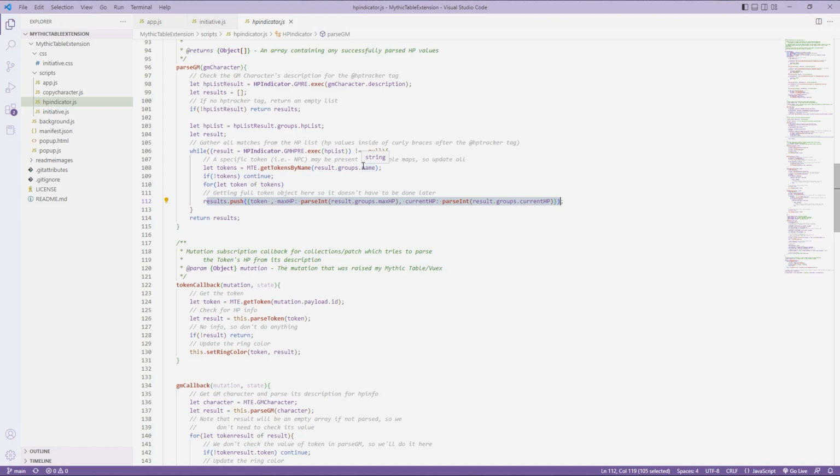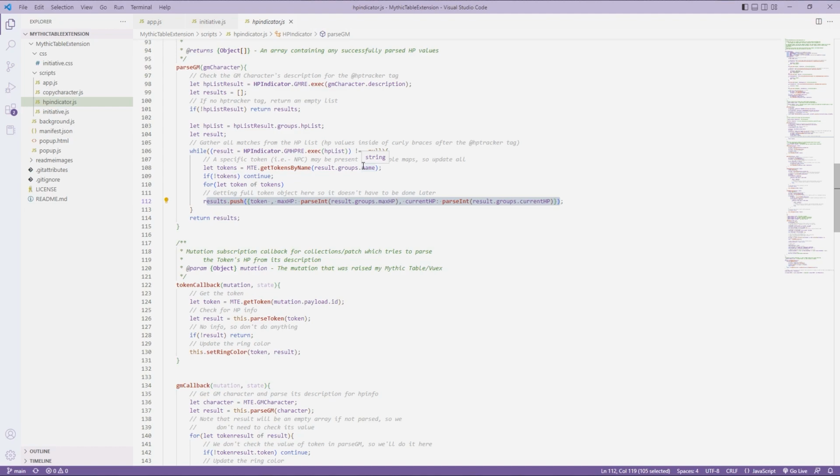And so NPC Jim is on map number 1. He's on map number 2, he's on map number 3, but I always manage his HP from the GM character, right, on the sidebar. Well, if I always manage his HP from the sidebar, that means I'm never on the token itself, which means that we never get an update for the token itself, and therefore we never know what token to